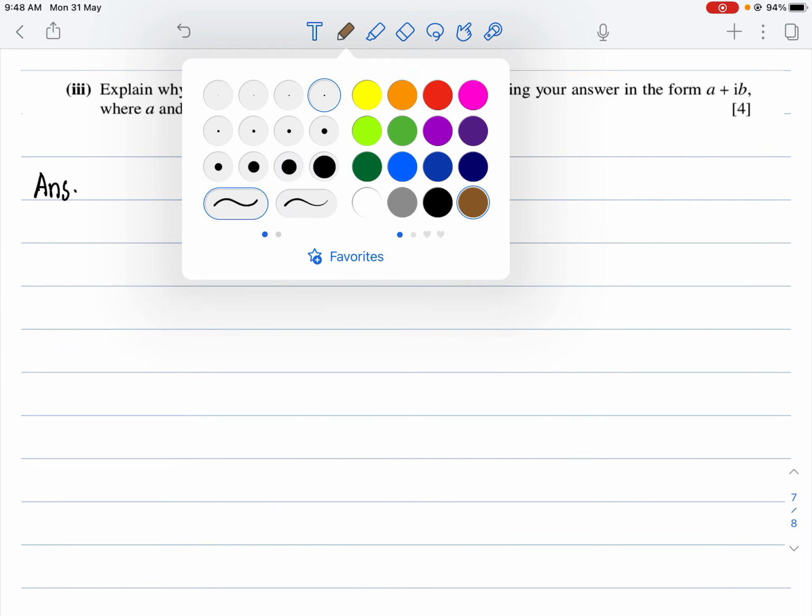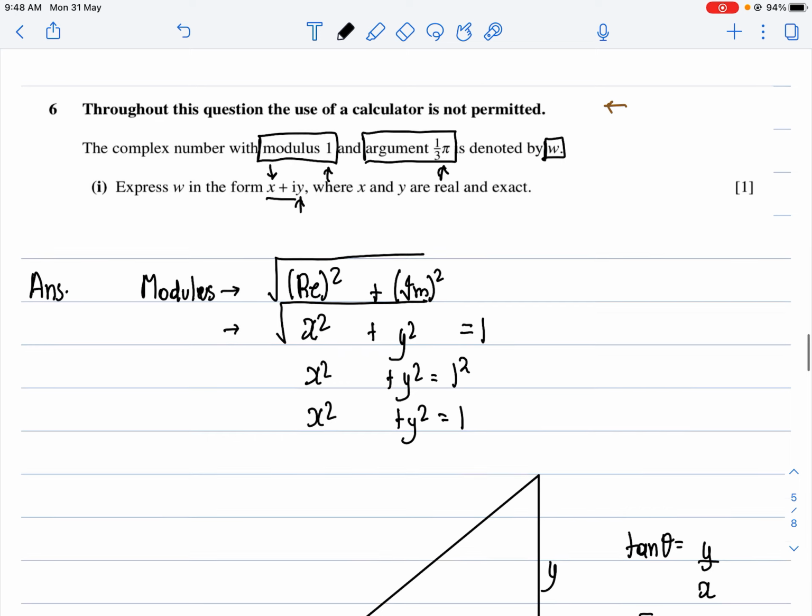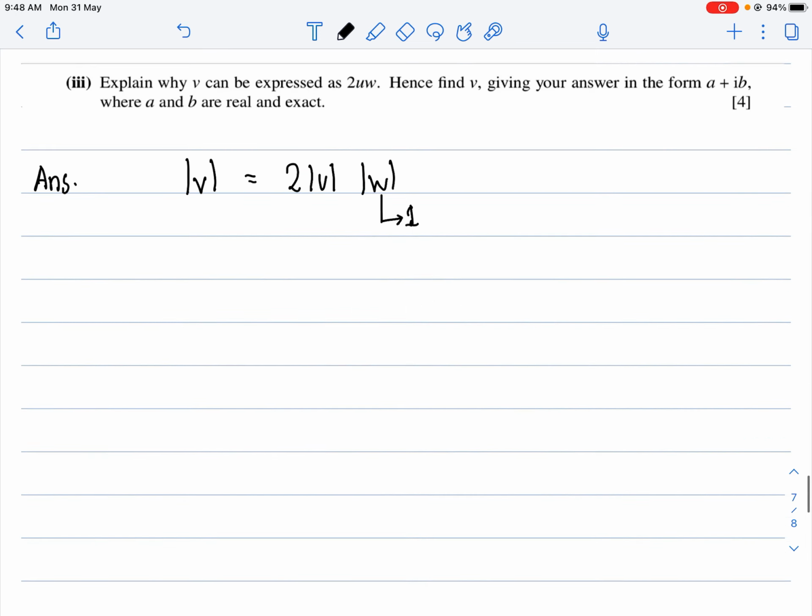Explain why v can be expressed as 2uw. So we already know that the modulus of v is equal to 2 into the modulus of u. Now see, if I multiply by 1, it will still stay the same. And now the modulus of w is simply 1, which I have in my part 1. So I can say